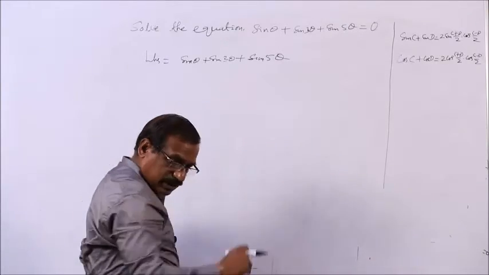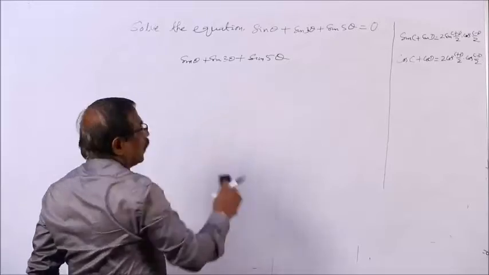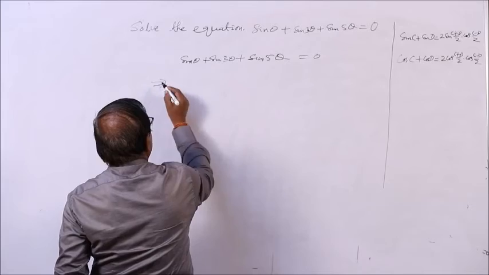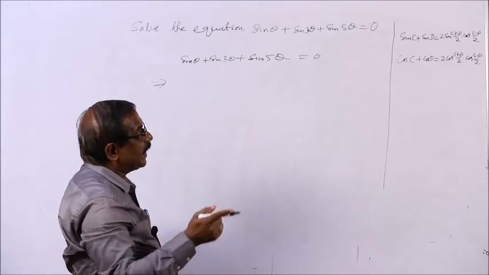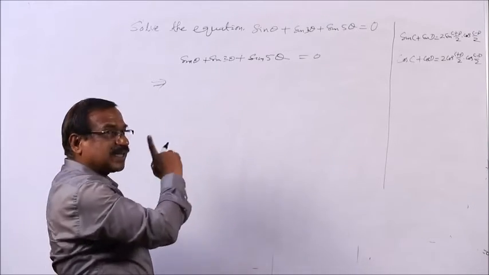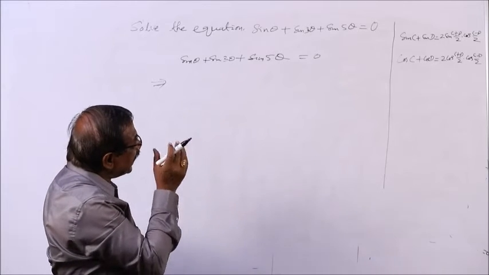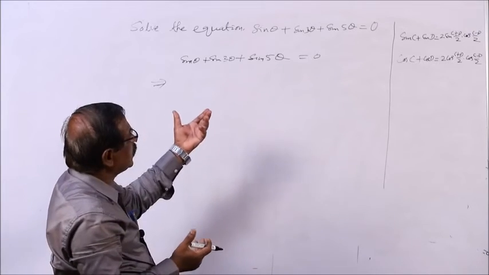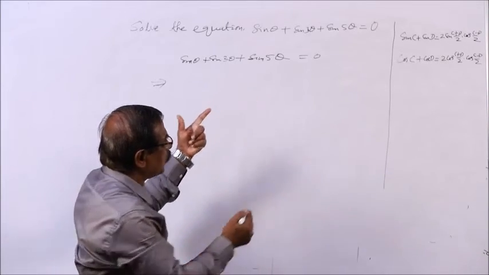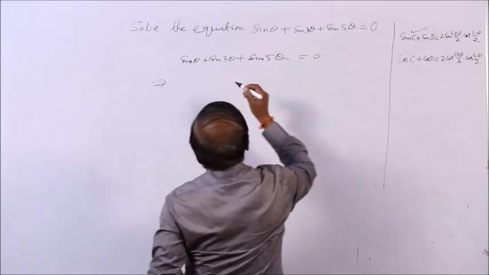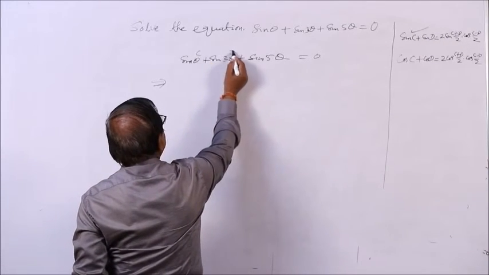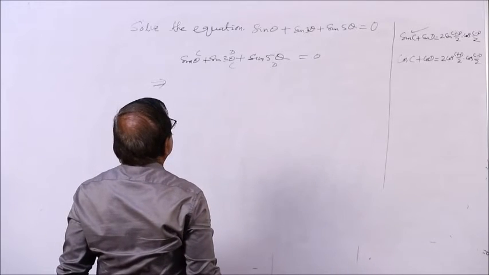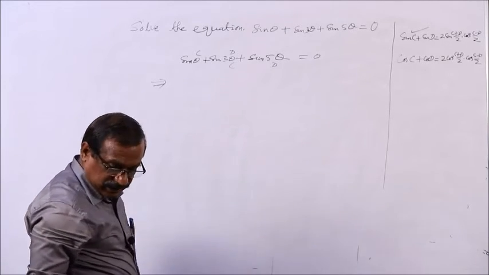Let us take it like this directly, it is equal to 0, implies. Just now I have told you that I have to apply this formula, all the terms are sine. So, I have to arrange two terms in such a manner that I will have to apply this formula, sin C plus sin D. A student may think that he can take C and D this way, or he can take C and D this way. But what is the intention, you see?